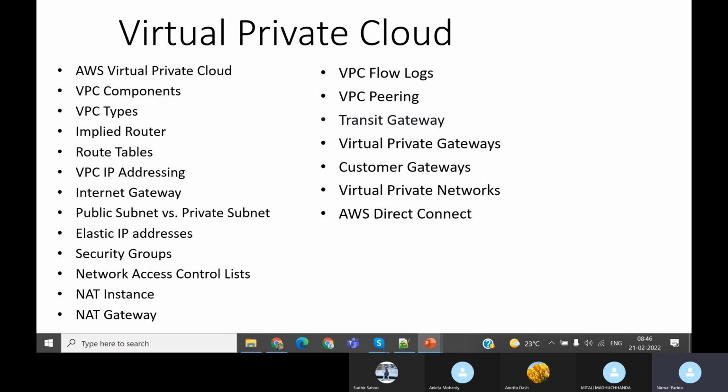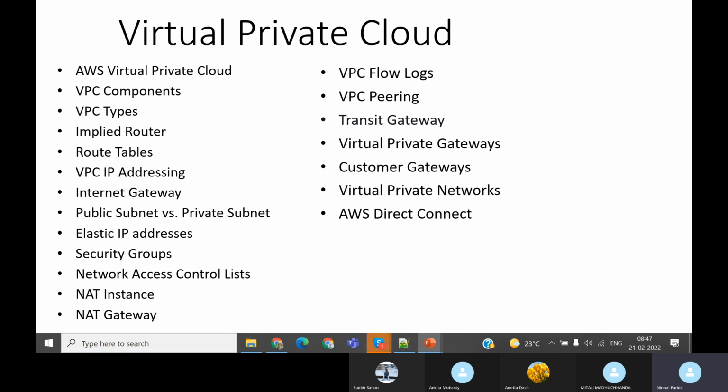We'll also cover what is AWS private cloud, what are the VPC components, what are the VPC types, the implied router, how routing is possible in the VPC, route tables, VPC IP addressing. We'll see how I will manage those IPs. Local IPs means your private IPs. We'll also discuss internet gateway, public subnet, private subnet, elastic IP addresses, security groups, network ACLs, NAT instance, NAT gateway,